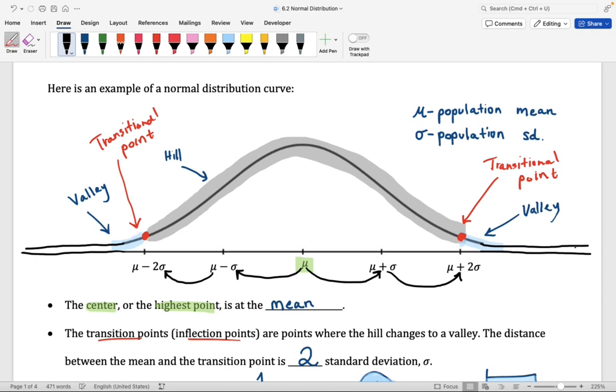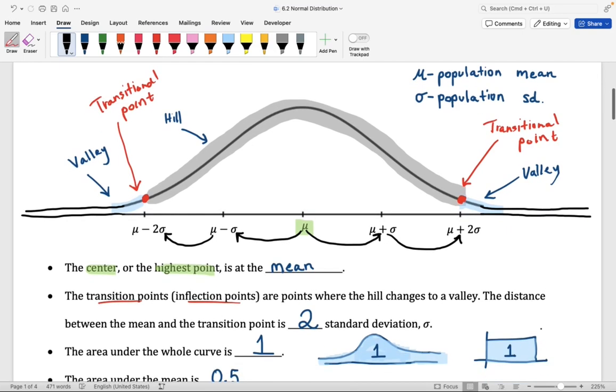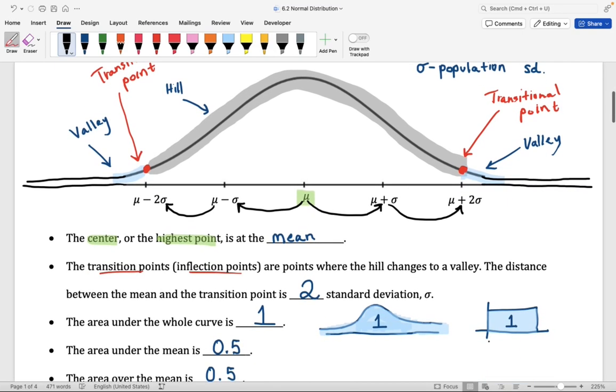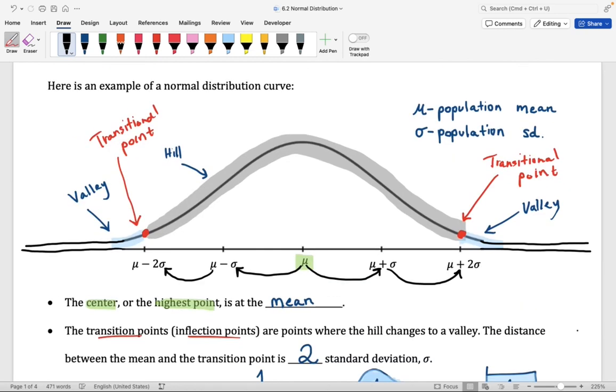One thing to know here is that the curve and the x-axis are never going to touch each other. We didn't see that with the uniform distribution, right? We saw values that could be between A and B. So we had a start and an end to the distribution. And let me show you over here. The uniform distribution went from the value A to the value B. That is not the case with the normal distribution.